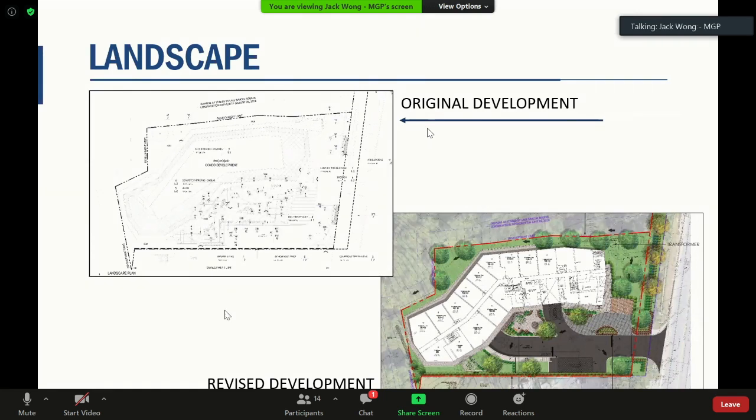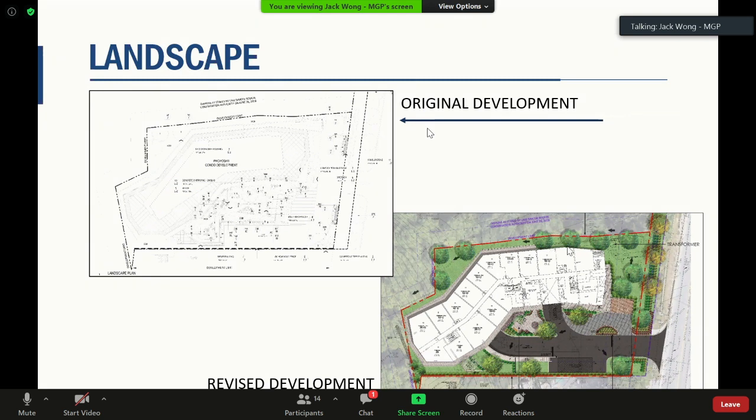From a landscape perspective, I know it's going to be a little bit difficult to see on the original proposal, which is only represented by a black and white plan. But essentially, we're trying to maintain a consistent approach between the original and the revised scheme, where we're trying to provide and create passive recreational opportunities to a larger greenland system just north of us.